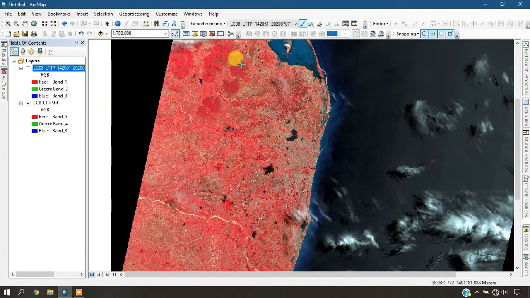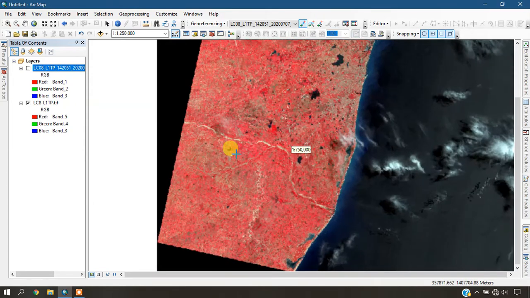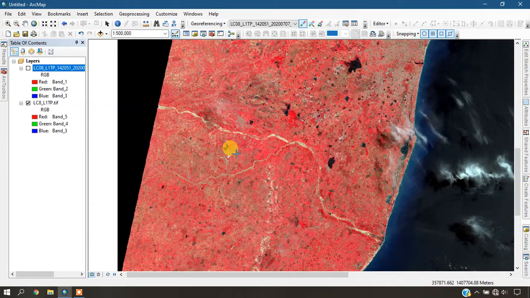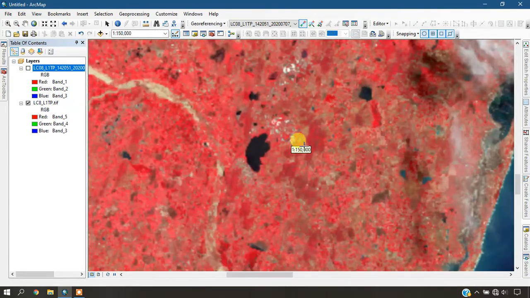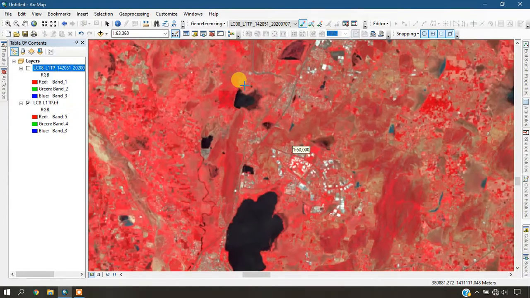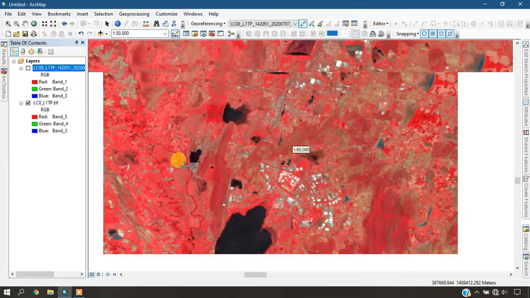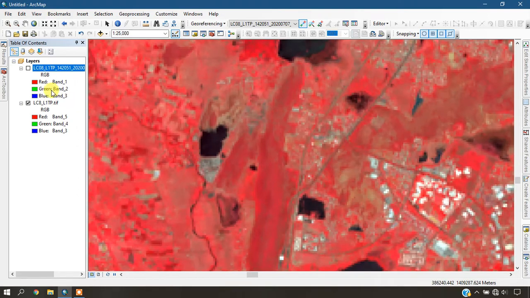It will be better if you place the GCPs across the image to make it more accurate. If you need the georeferencing to be more accurate, you have to put more, that is around 10 to 15 GCPs, based on the accuracy. The more the GCPs, the more the accuracy.